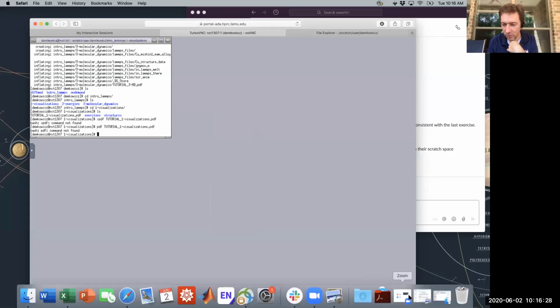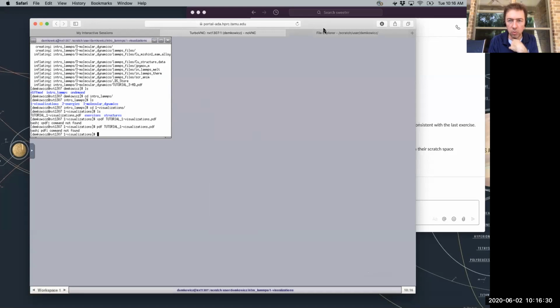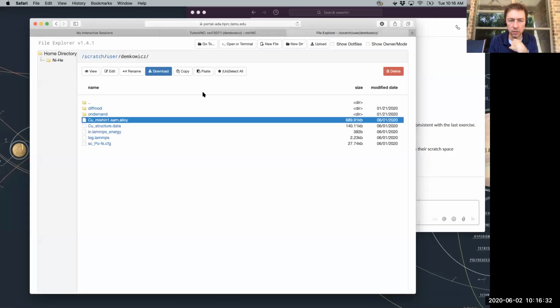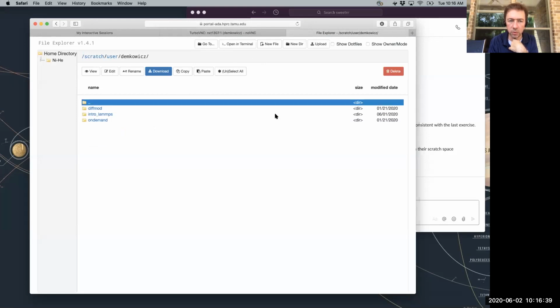I'm going to leave that to you guys. So you can go over to your file explorer. I'm just going, what should I do here? Should I see if renewing this. Okay, great, that works. So I just reloaded.